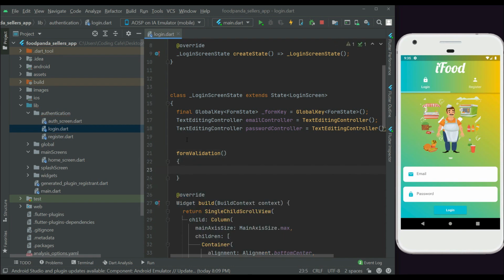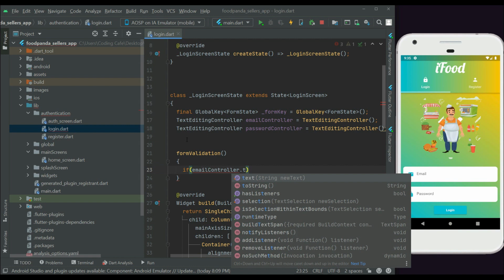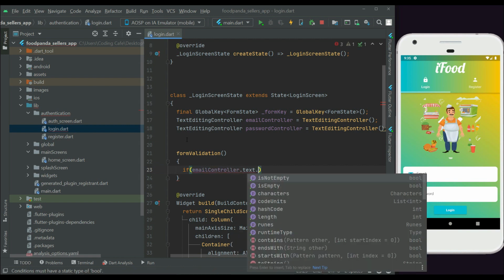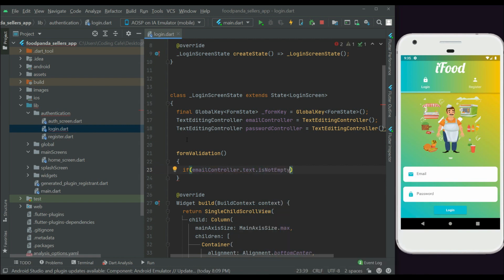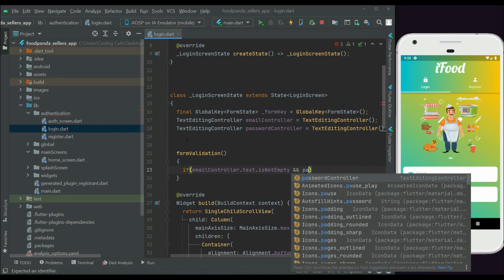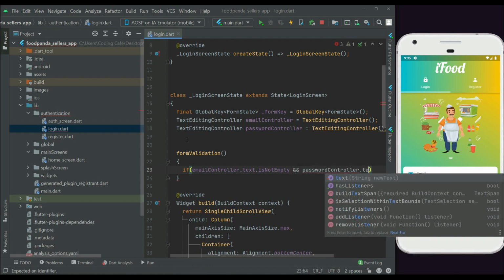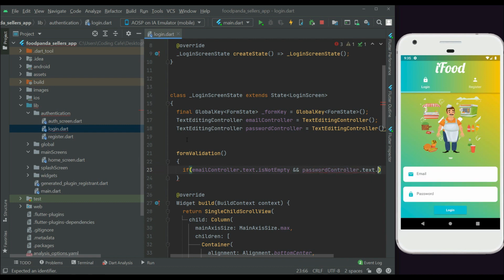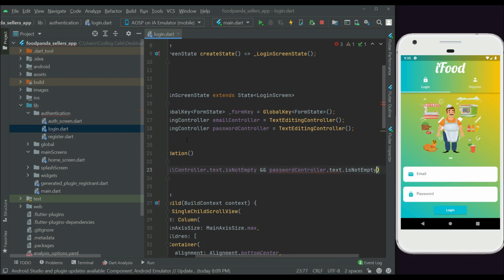So we have to check that if the email controller dot text is not empty, and the second condition is the password controller dot text is not empty. So if both of these are not empty,